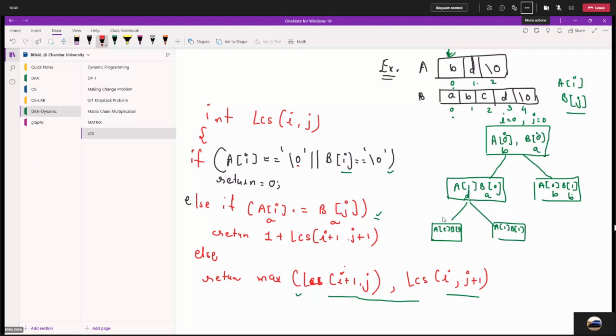अभी लेफ्ट साइड का, सॉरी, लेफ्ट साइड का बाद में करते. चलो, A of 2 and B of 1 क्या है? A of 2 is 0, yes, and B of 1 क्या है? B. A of 1, B of 1, A of 1 क्या है? D, and B of 1 क्या है? B. Okay, see what is the value over here? क्या वैल्यू आएगी यहाँ पे? The string is 0 and B. What is the value? 0. Good. ये मैं निकाल दे रही हूँ अभी क्योंकि स्पेस नहीं है, बट याद रखना.